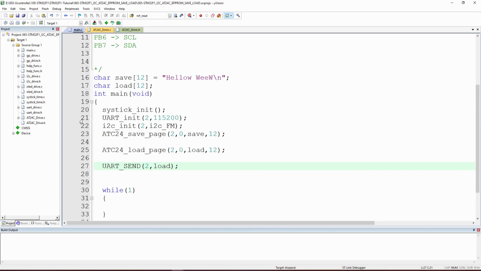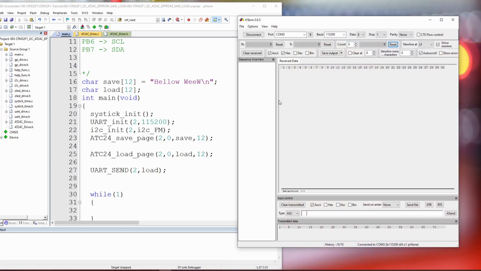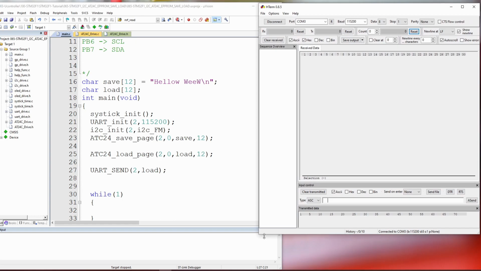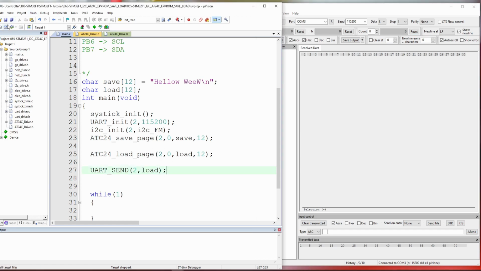So if the program works well, we should see, let me bring the program that we are going to use, this is the H term, and the connection is already established with the baud rate. So we should see hello WeeW appearing here. As we have saved it in the EEPROM and we'll load it after that, then we will be able to make it. So let's save, build,